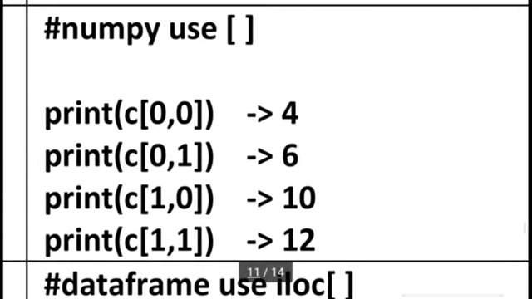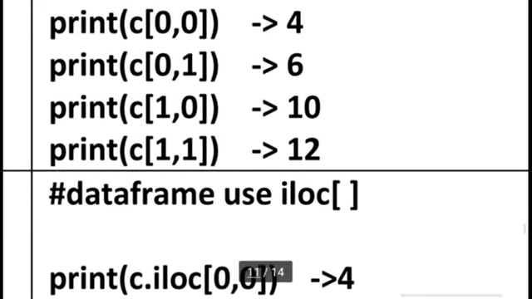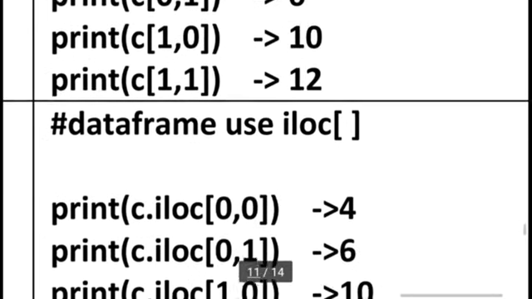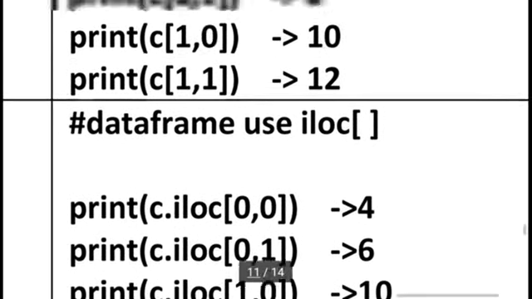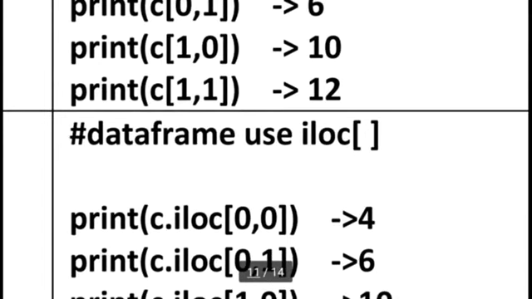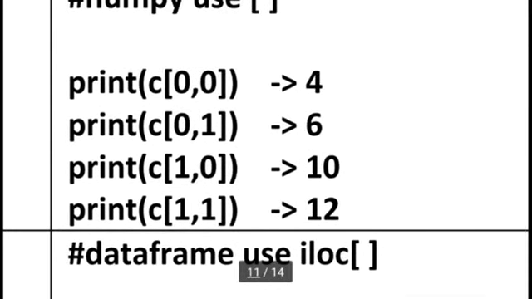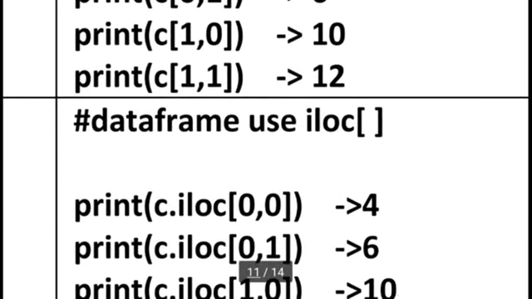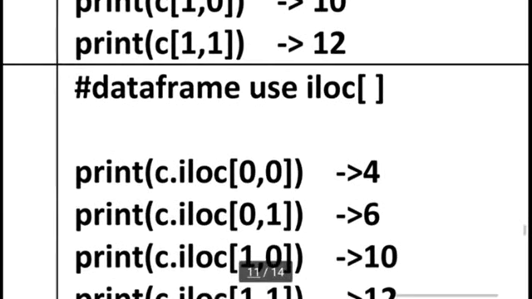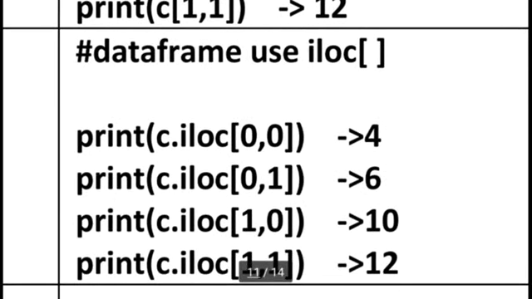In numpy we directly use square brackets, but in a data frame, if you want to access each value directly, we always use iloc. iloc means integer location, that is, row index position comma column index position. iloc is not required in numpy, but in a data frame to access each value we always use iloc. It is the extra thing. So c.iloc[0,0], c.iloc[1,6]. iloc is the new thing; in a data frame we always use iloc.